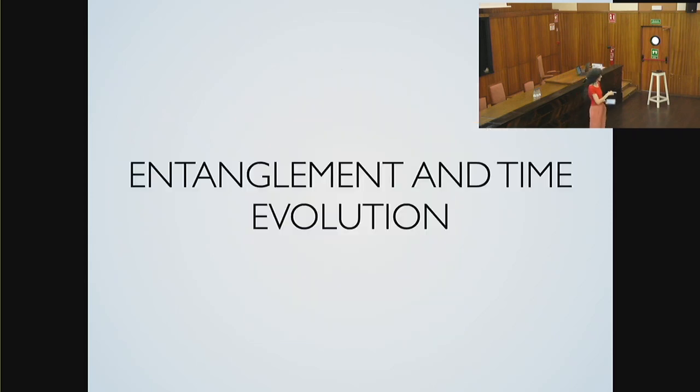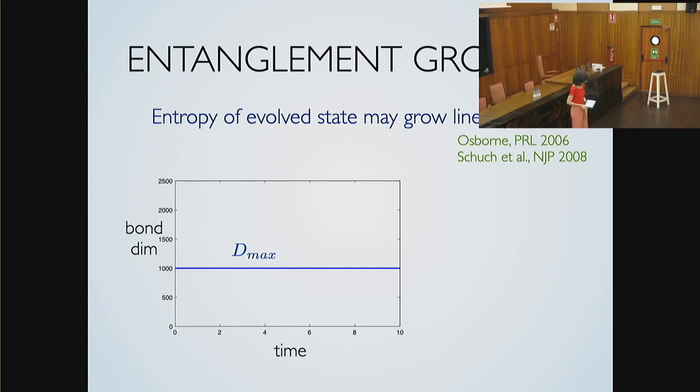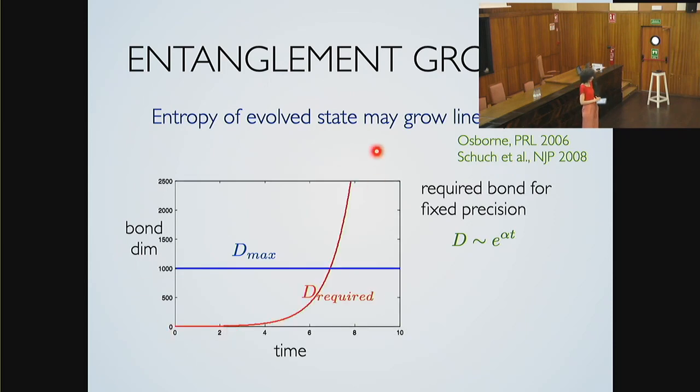So what is the issue? Well, it's entanglement, of course. The thing is that the entropy in this kind of situation can grow linearly with time. This means that we will require a bond dimension that grows exponentially with time. So in this completely arbitrary picture, if I plot the bond dimension that I require as a function of time, and I put a cutoff at the maximum bond dimension that my computer can hold, what happens is that I put here this exponential curve. It will work for some short times, but after some time, it stops working because the exponential grows very fast and it goes over this